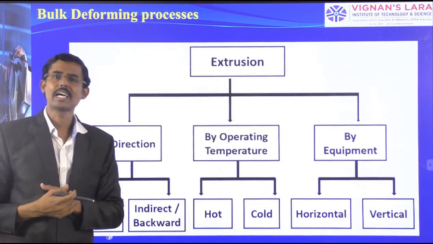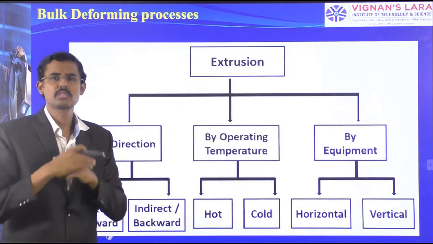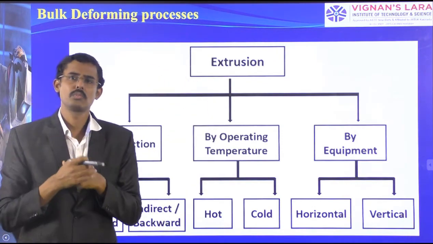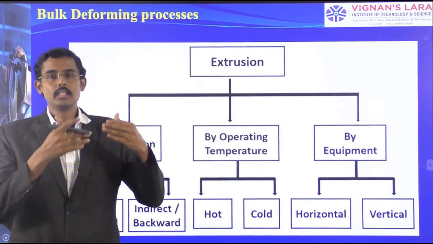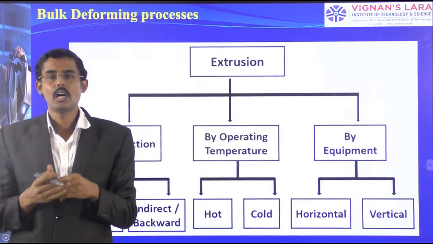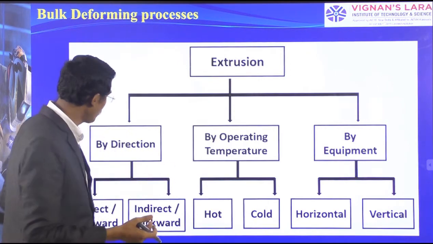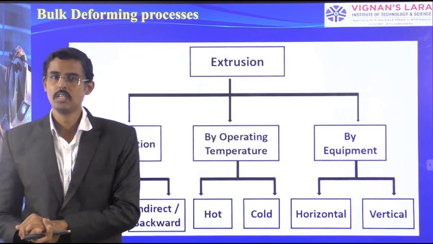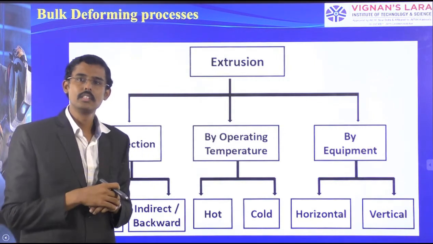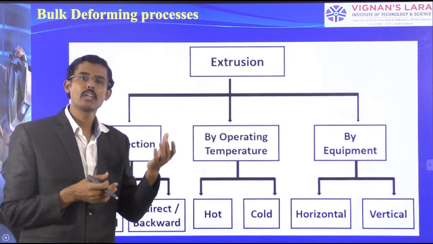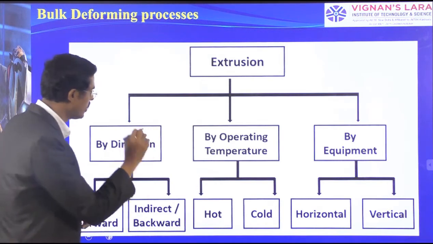Now I am coming to the classification. As of now we have seen the general frame of the extrusion process. Now I am coming to the classification of these extrusions. What are extrusions and what are hot extrusions, cold extrusions, some definitions we have seen. Now the remaining part of the classification you will see. I am dividing it as we did for forging and rolling. Here also I can divide in terms of